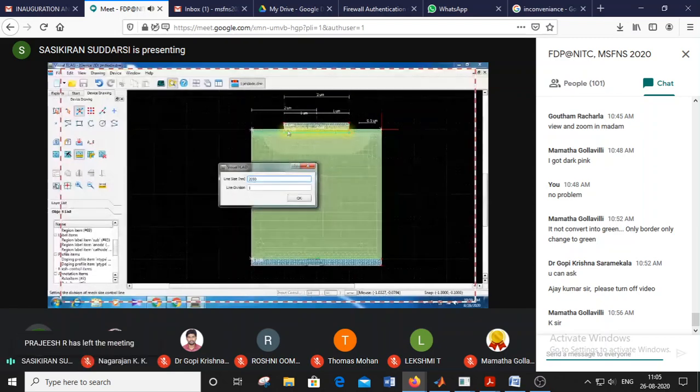I am pointing exactly at the PN junction region, and it will show the number of divisions.